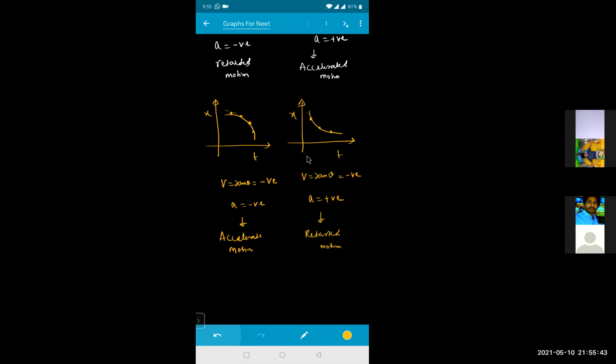Sir, last one. Yes, beta? Sir, in the last one, acceleration is positive. Yes, beta. The acceleration is positive, velocity is negative, isn't it, beta? Time is increasing, position is decreasing. So the tan theta value is decreasing here, and this particle is moving in the forward direction. That means it is an accelerated motion only, no? And it is accelerating in this direction with negative displacement. That is the reason acceleration is positive but velocity is negative. So that will be a retarded motion, because time is increasing.